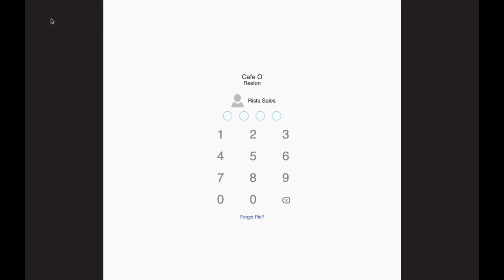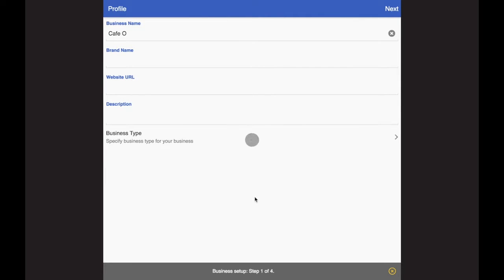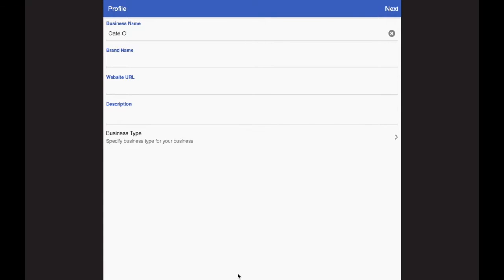At the time of registration, you received a 4-letter PIN that you can use to log in to your account. Once you log in, quick setup or business setup is a simple 4-step process, and it's quite self-explanatory. As you can see, this is step 1, and all you have to do is keep providing the information